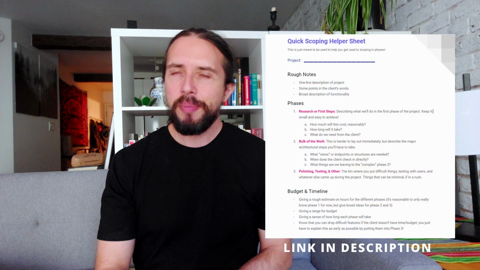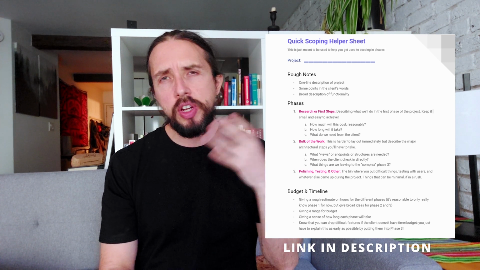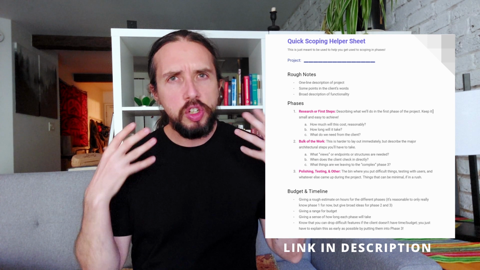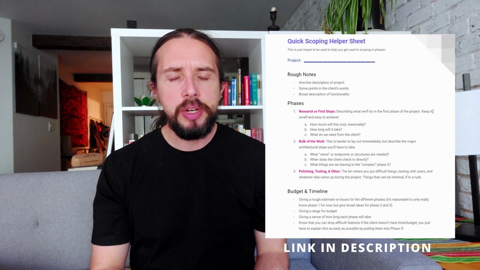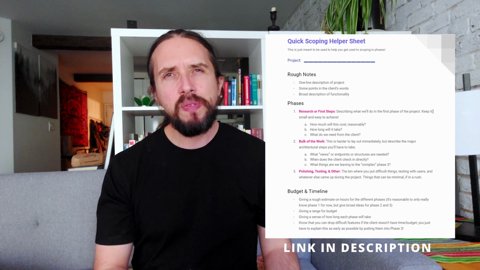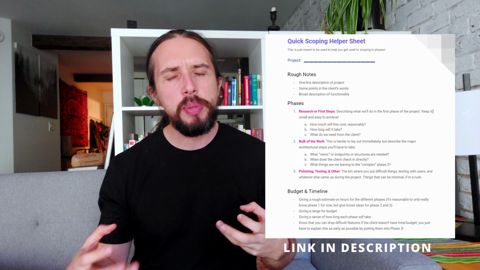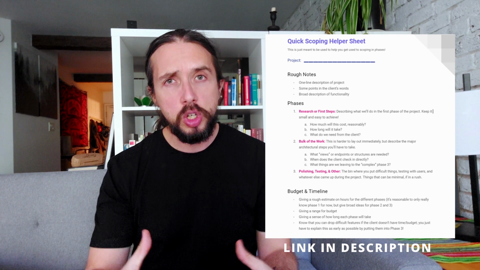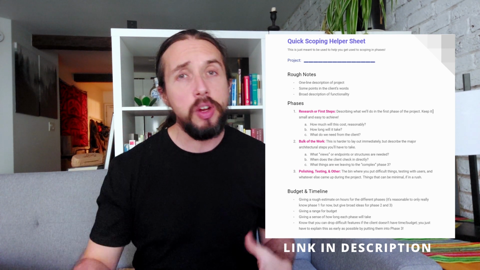So even though I kind of went over the scoping in a way in that fake conversation video, I still want to go through the 4 sample projects, and I've made a little worksheet that might be useful when it comes to this very quick first scoping process that you do. Eventually, this should just be something quite automatic that will just happen in your head. But I made this video before and it felt a little nebulous. It felt like it would be a little hard to sink your teeth into something. So I wanted to make an actual worksheet that you can look at, and we'll kind of fire through quickly